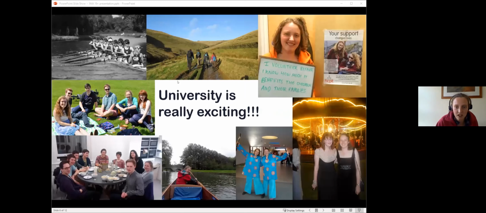So these are pictures that I took quickly off my phone when I was writing this presentation. So there are so many clubs and societies that you can get involved with. If there isn't a society for your favourite hobby, then you can probably set one up. You'll find like-minded people and you can set one up. So top left is me rowing, top middle is me off walking with the Scout and Guide Club. I kept up my volunteering at university, and there's lots of volunteering opportunities for your university if that's something that